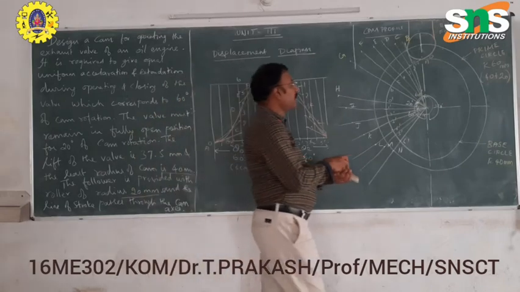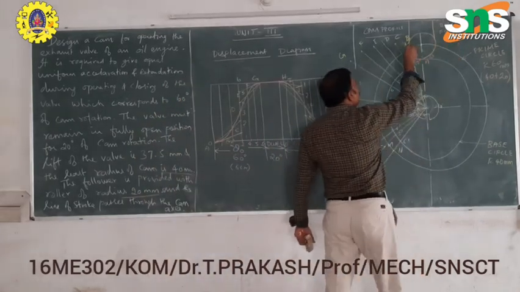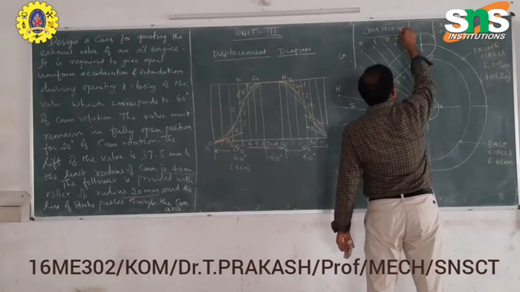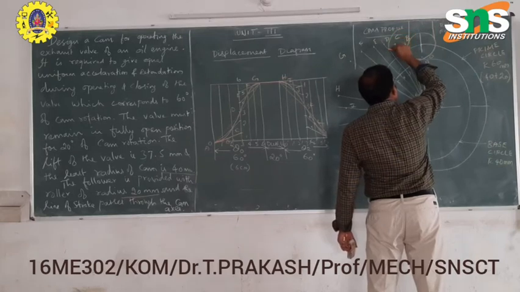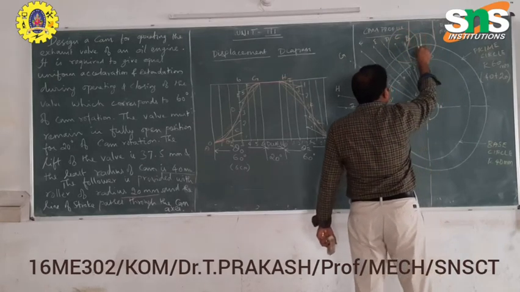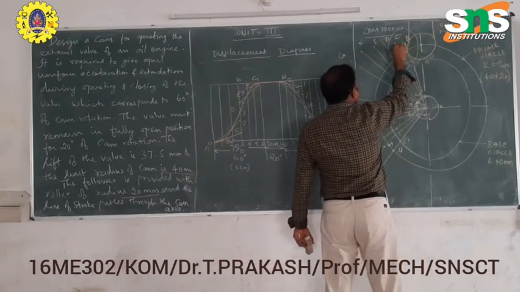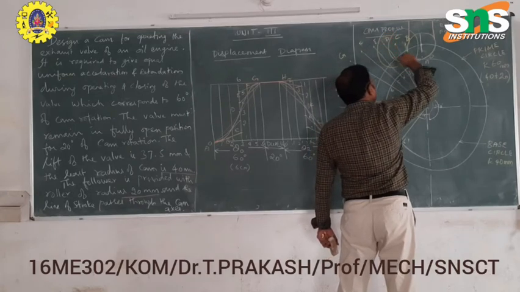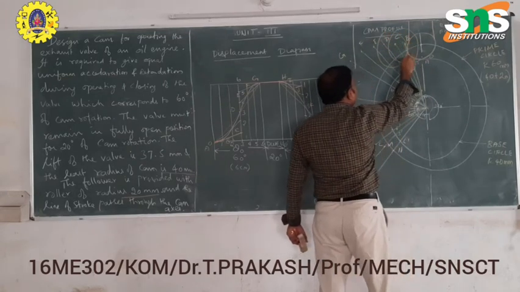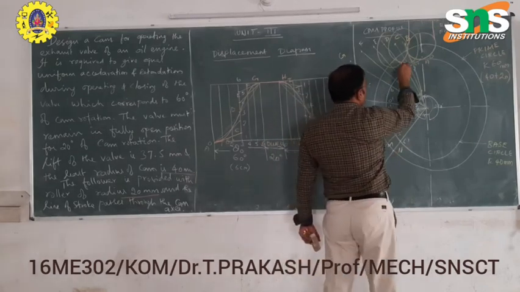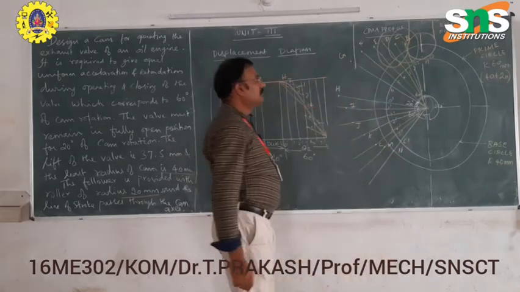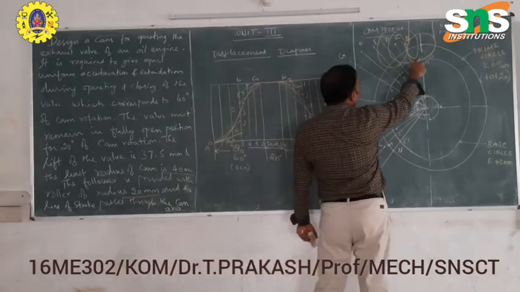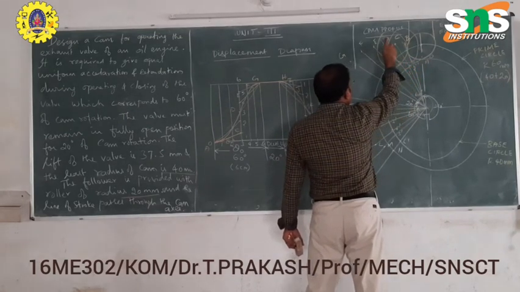Then you go for the roller circle. You know the roller radius is 20 mm. From this center point, you draw a circle of 20 mm radius. From this C point also you draw a circle. All these circles will merge with each other, no problem. The picture will be very clear. You can see a good picture of rollers. The image will be very aesthetic in appearance. Then at D point you draw the circle.